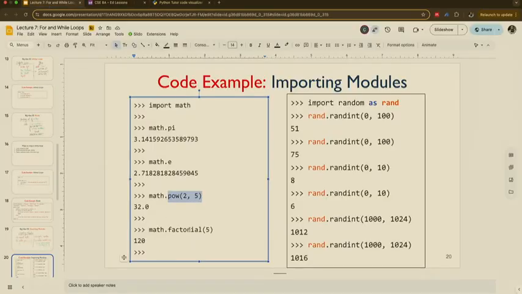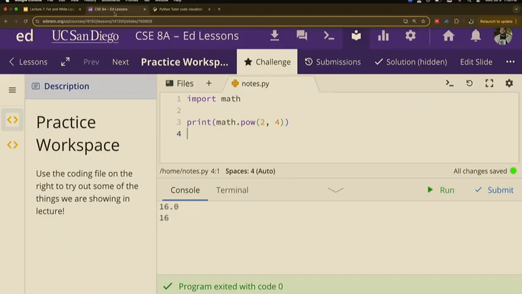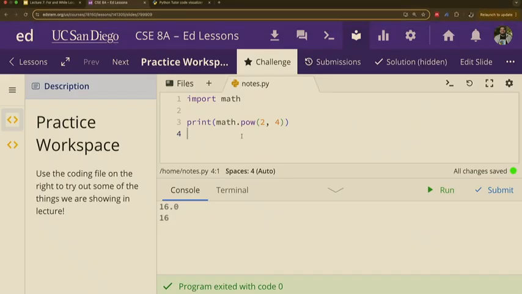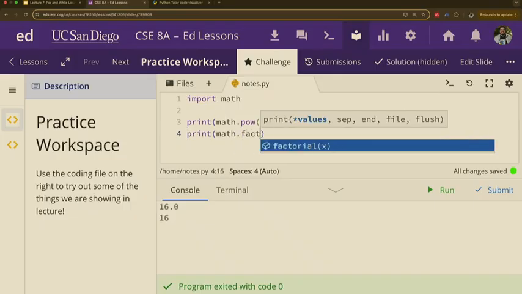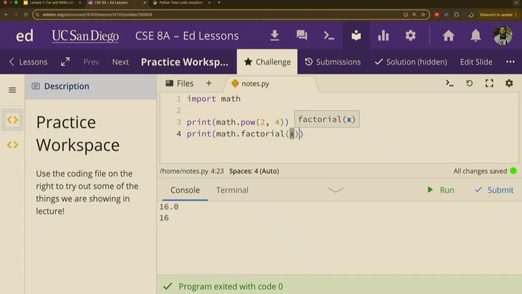And math dot factorial. Do we know what factorials are? Like, say 5 times 4 times 3. Yes, yes. So print math dot factorial. So factorial is basically, given a number, make it that number times one number less, times one number less, up until you get to 1.